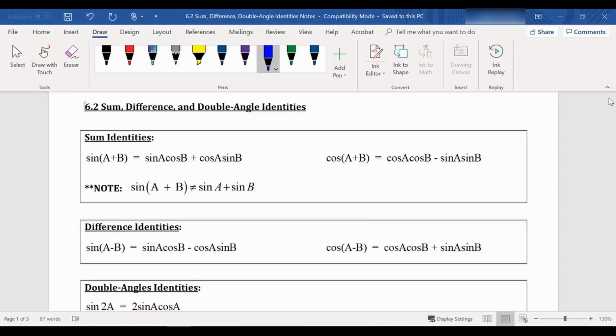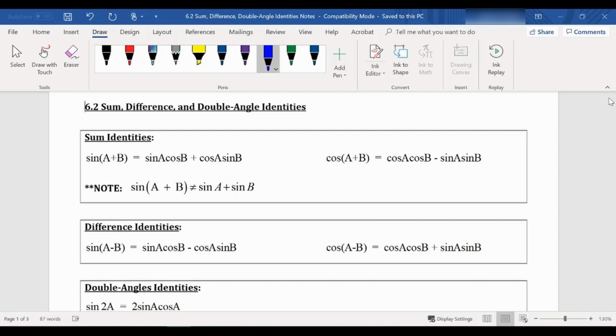Again, these are all on your formula sheet, which is posted in the chapter 6 folder. You will need that for these identities, or you will need to have these notes out. I don't even have these memorized. I think the only one on this page I have memorized would be the double angle identities, but you'll notice